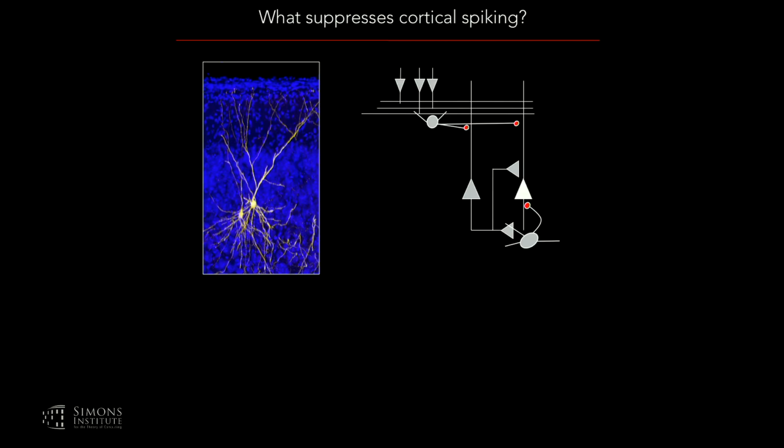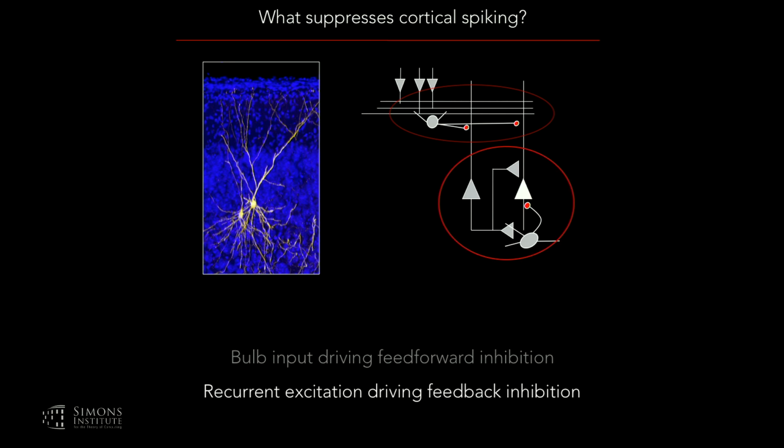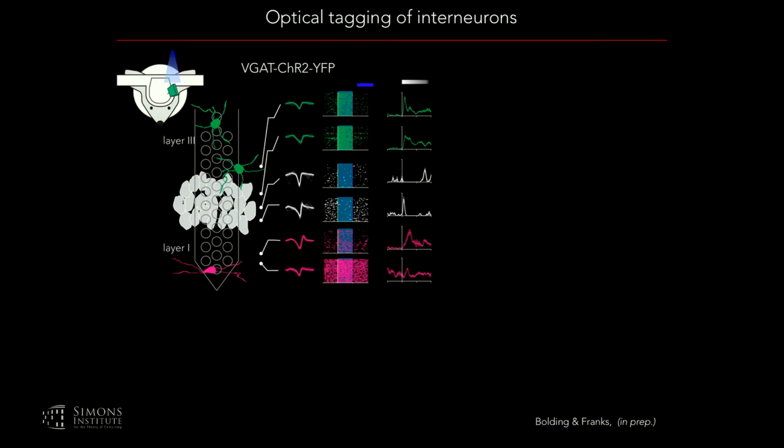What's the source of this suppression? I mentioned that there are these feed-forward interneurons that receive input from the mitral cells, and these seem to be well poised to shut off all but the earliest inputs. On the other hand, we think, based on slice work that I and others have done, that in fact it's this recurrent circuitry driving feedback recurrent inhibition that may have a much more pronounced impact on the cortical response. So to address this, we again use an optogenetic approach, this time using a VGAT channelrhodopsin mouse,